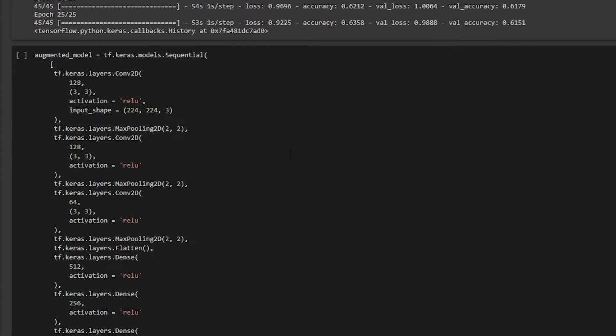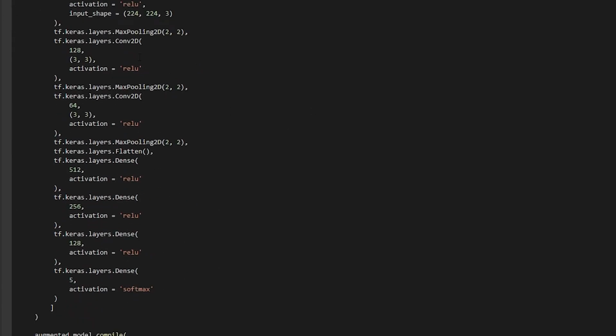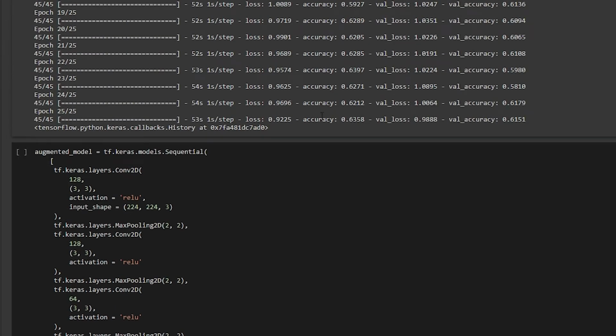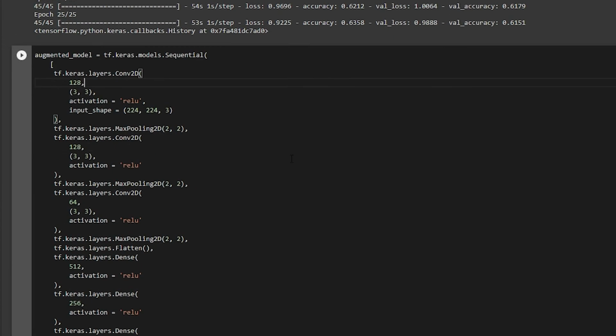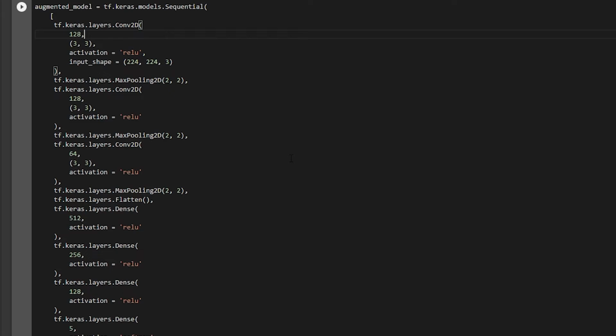Later on, I tried to increase my layers. In this one I constructed a bigger network, just to check whether I get any improvement in accuracy. But that is not the case. The reason is we have to train an extremely big network, and augmentation doesn't affect the flowers dataset that much, I would say. So we have to use another dataset that I'll be covering in the upcoming tutorials.